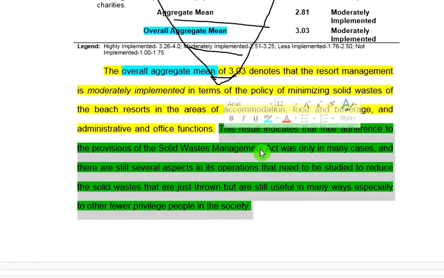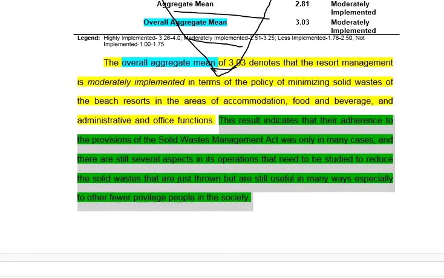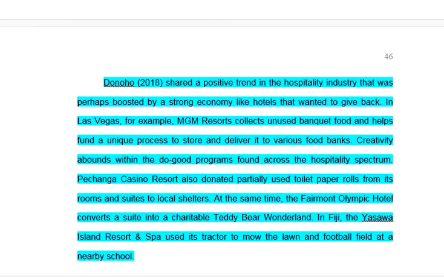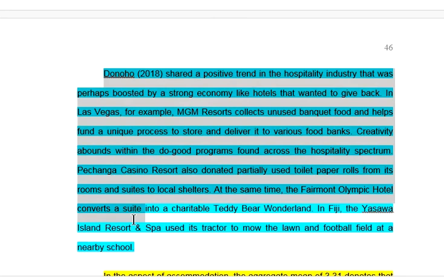Before you write your analysis and interpretation, you must read a lot of related studies to avoid bias, so that it will be subjective and objective at the same time. After such discussion, you will back it up with a citation to support your claims. I hope that you have learned from this